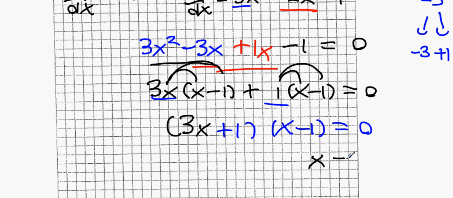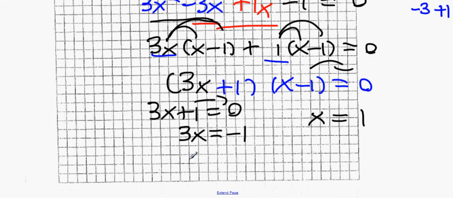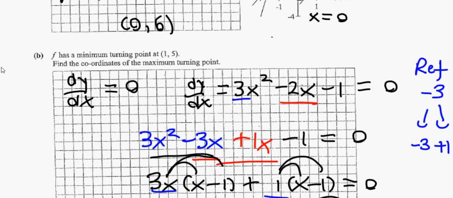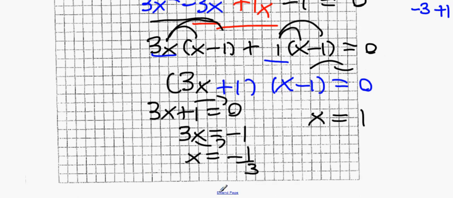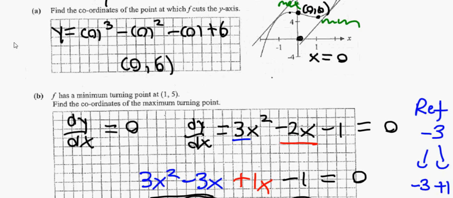So what we get here is x equals 1, or 3x plus 1 equals 0, bring over the 1, 3x equals minus 1, and then x equals minus 1 over 3. Now we already know that 1, 5 is the minimum turning point, so we can just find out these two turning points anyway, because we know f of x equals